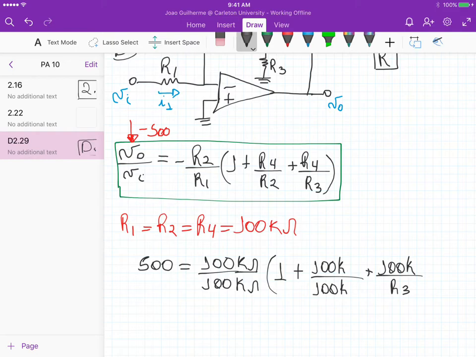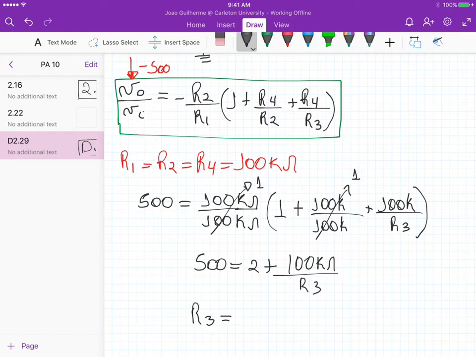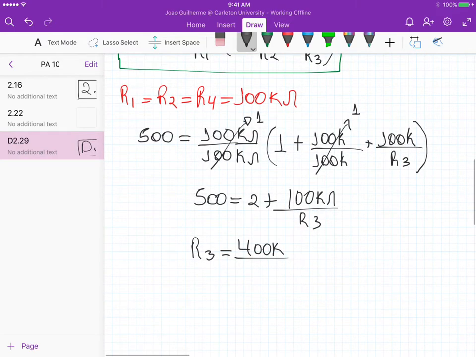So in this equation, this one is 1, this one is 1, and if we isolate R3, we get that basically 500 is equal to 2 plus 100k ohm divided by R3, and now we can isolate R3, so R3 is equal to